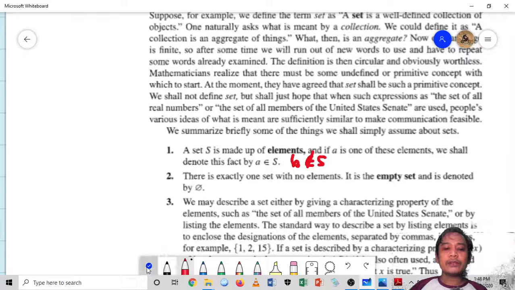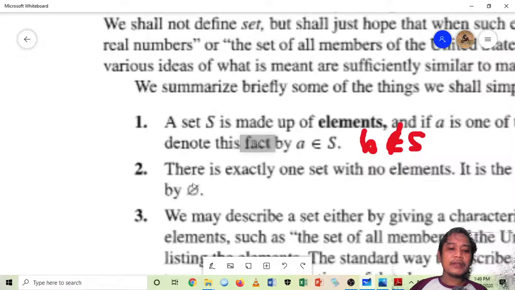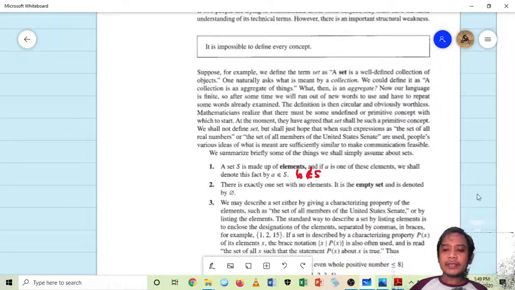Then next we have the notion of the empty set. This is the set with no elements. Okay, the set with no elements. This is our symbol for the empty set. Next we have